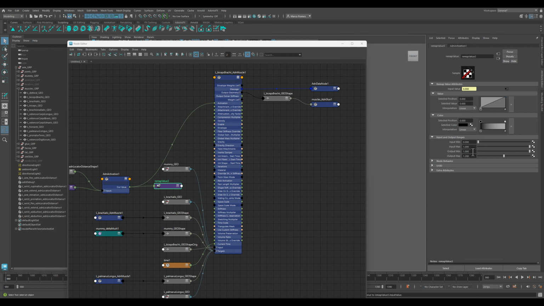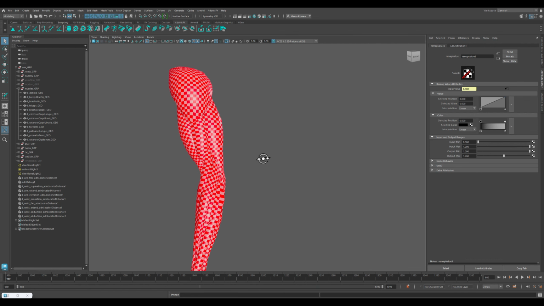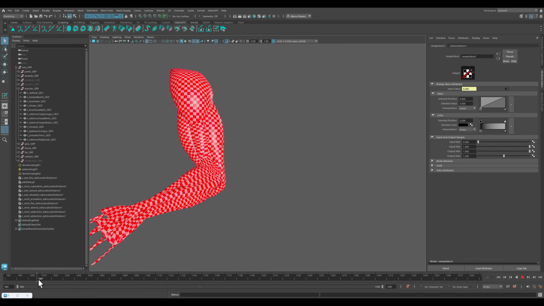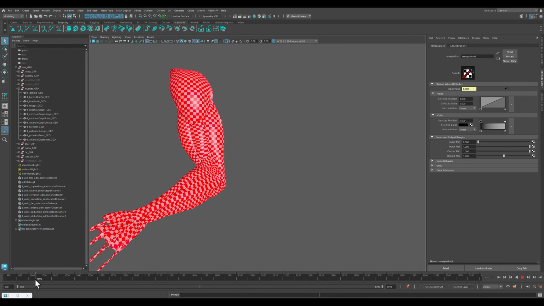So 1.2 is basically 120% the volume ratio. So the original volume, sorry. So out value goes into volume ratio, and now we can see that the bicep will actually grow when activating,